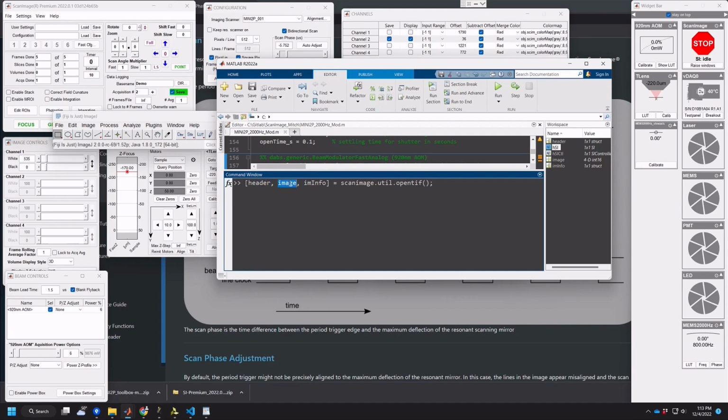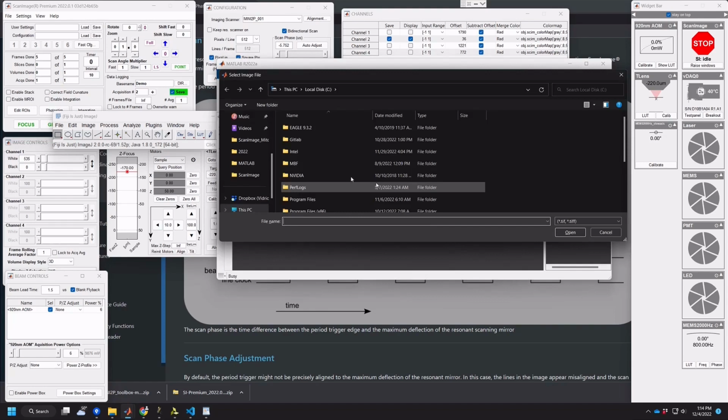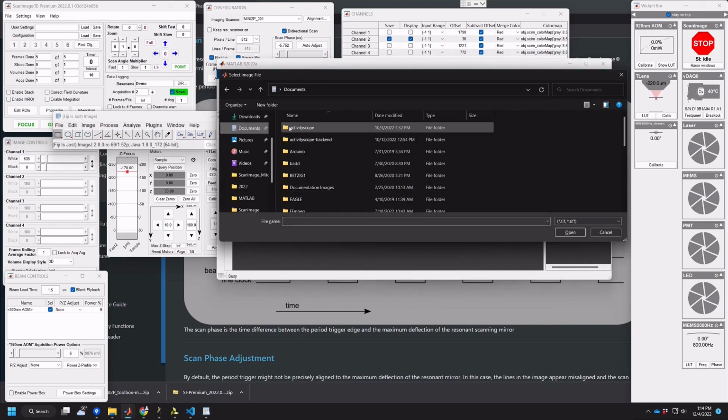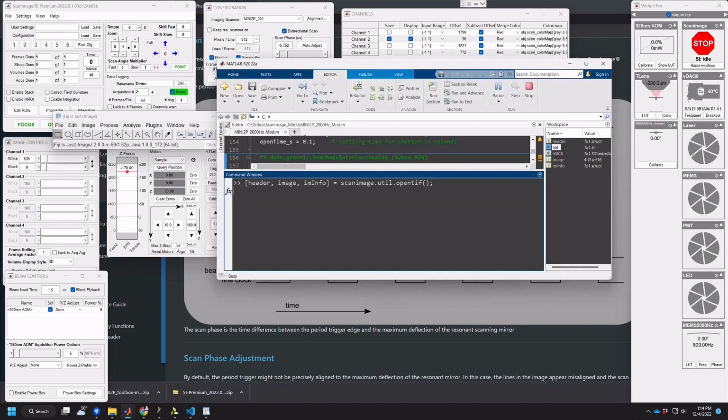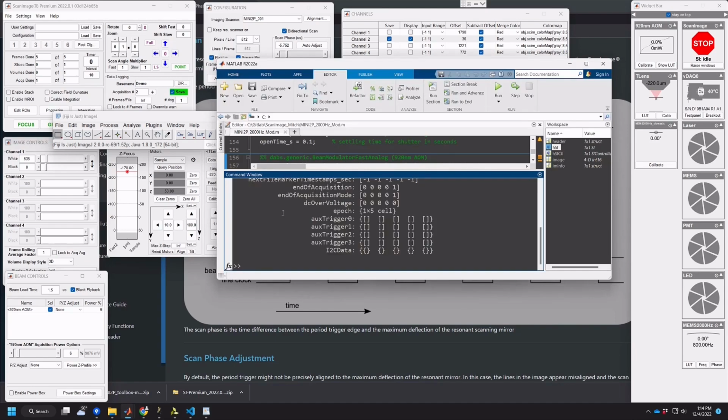You can also get the image data this way, but important here is the header. So if we specify the file, and we look at our header,